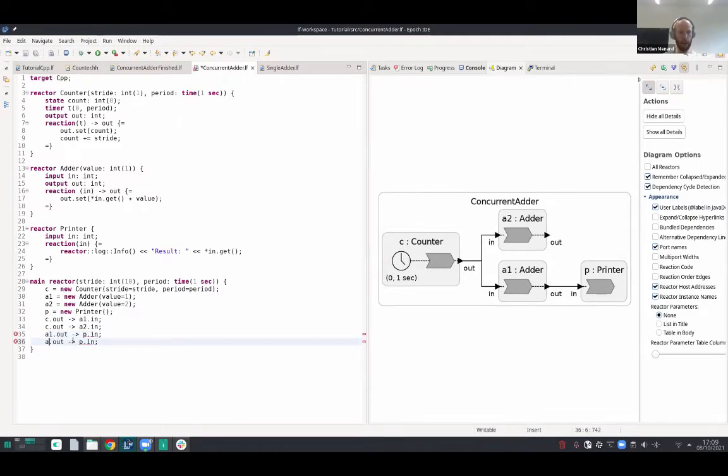And the naive thing I could try is to connect both outputs of the 2 adders to the same input port of the printer. However, Lingua Franca doesn't allow us to do that. If it were allowed, this would be a potential source of non-determinism, because it isn't always clear in which order these messages should be processed, and merging is quite hard. So this is forbidden in Lingua Franca, and in order to resolve that, what we need to do is